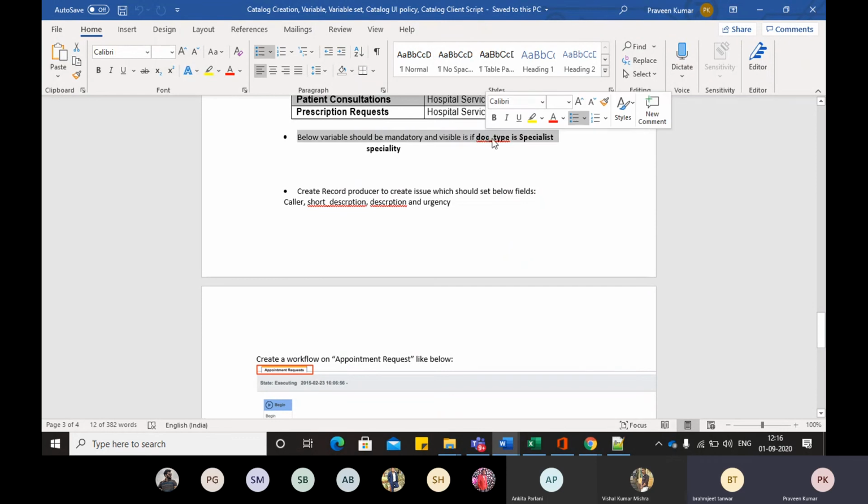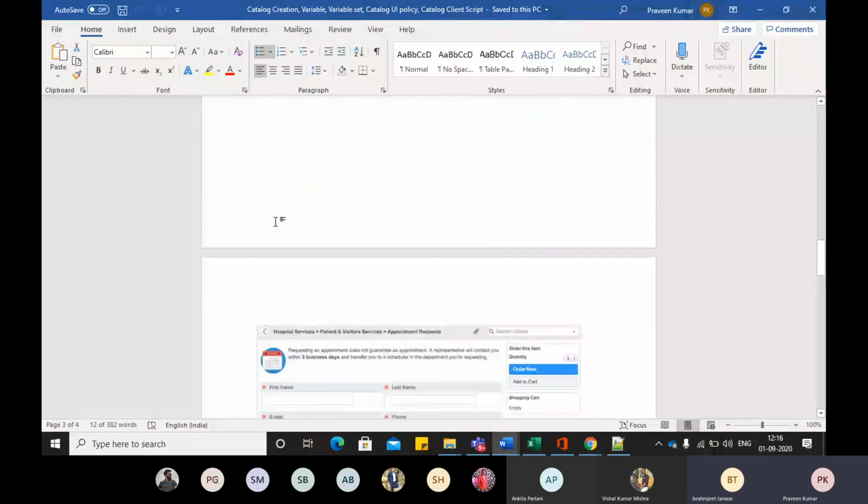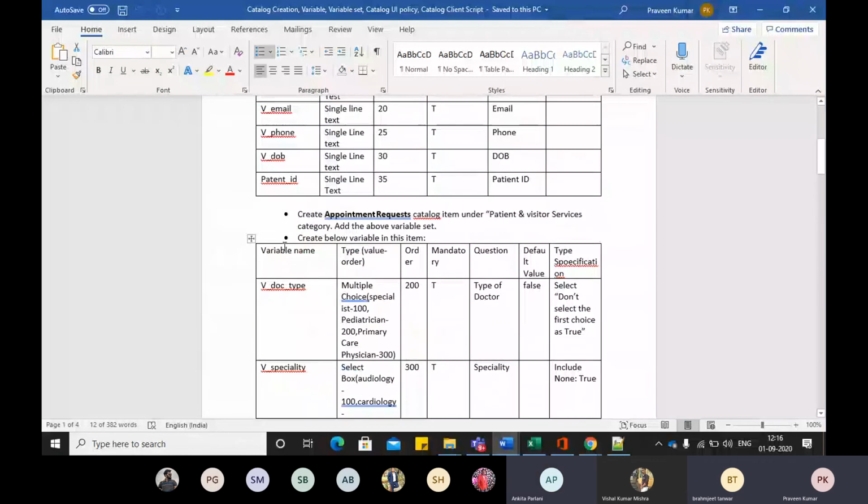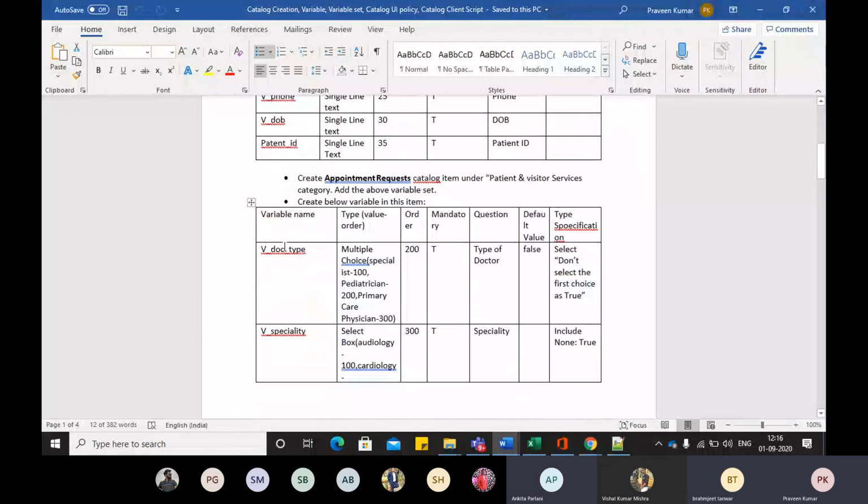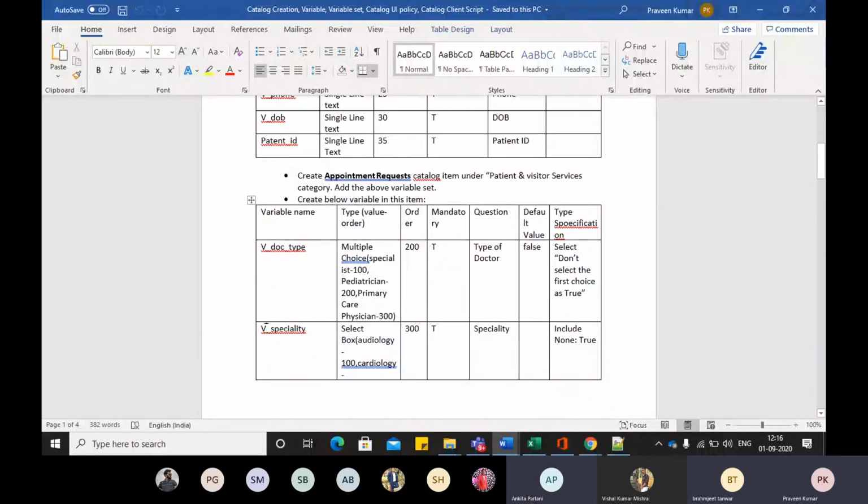Okay, so if doc_type is a specialist, in that case there is a variable v_specialty. It should become mandatory.